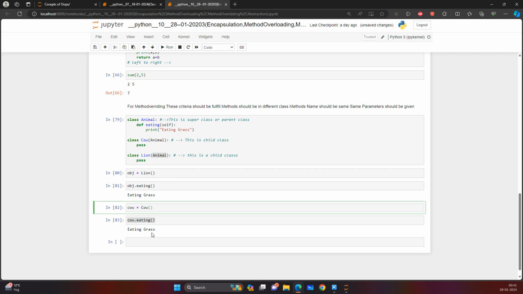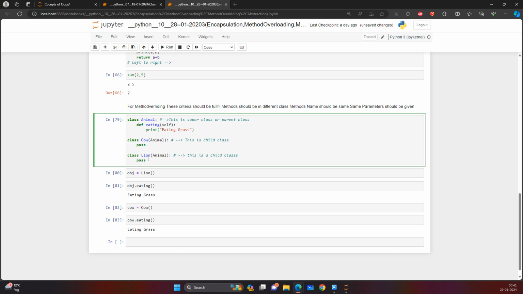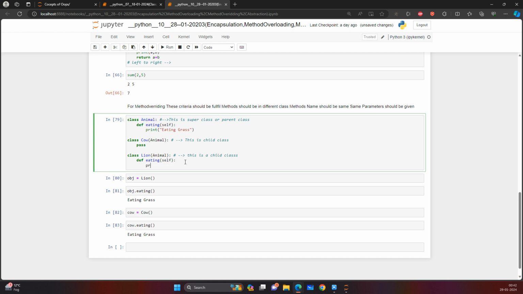Now with respect to cow, eating is pretty much obvious: a cow eats grass. But with respect to a lion, it is not familiar, because a lion does not eat grass. So what if you want to override this method? How can you override it? Simple: you can override by just defining eating with self, and then you can print